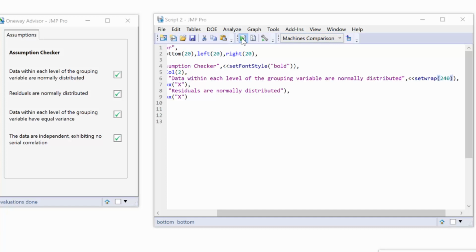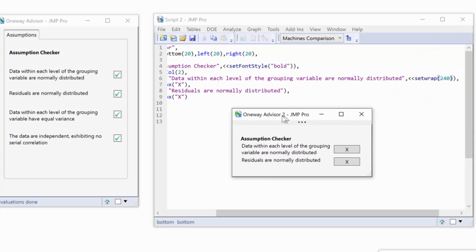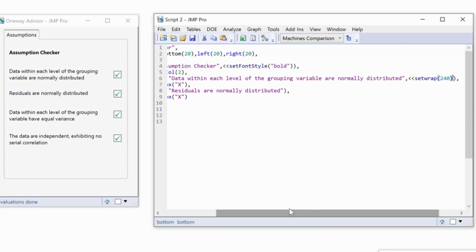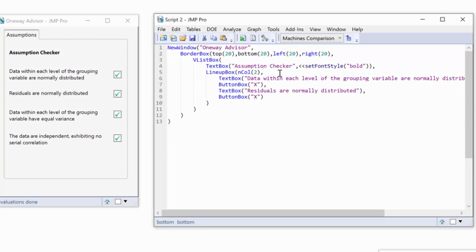You just try a number and see if that works. So that's kind of better. I've got the less width to that line before it wraps onto the second line. I'd also like more spacing between these items, and the line up box,